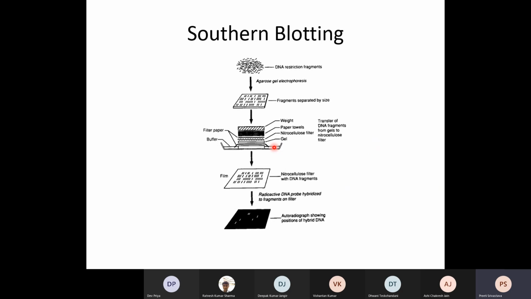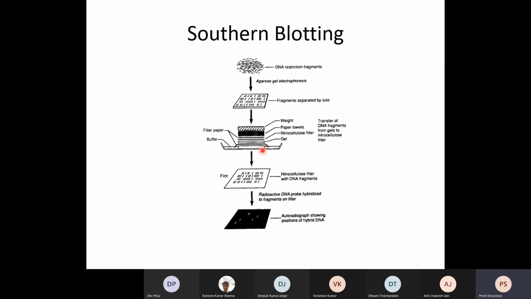So see, this part and this part is filled with transfer buffer, right? And you imagine this is a glass tray or a horizontal gel assembly apparatus. The middle part is a block onto which you place the gel. Before placing the gel, I told you you are going to put a strip of filter paper, a broad strip of filter paper whose both ends are soaked in the transfer buffer, right? You can see that the ends are empty.